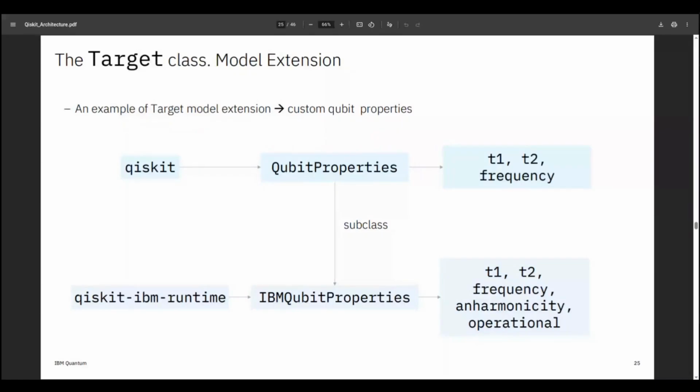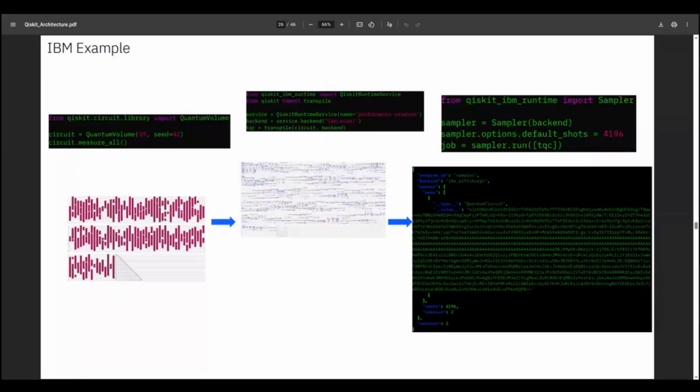And so to show what this looks like in practice, I wanted to show just a very high-level overview of running an application circuit, or in this case, a benchmarking circuit, on hardware, and show what that looks like between IBM and AQT, which is why I put those two on the slide. So in this example with IBM, I'm building a quantum volume circuit and just adding measurements to it. And that's what this diagram is, that I bet no one can make out all of the individual unitaries in there,